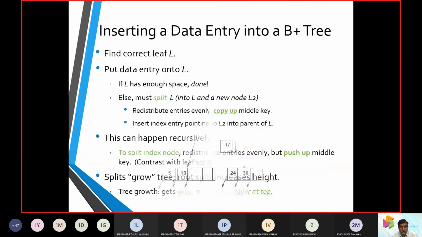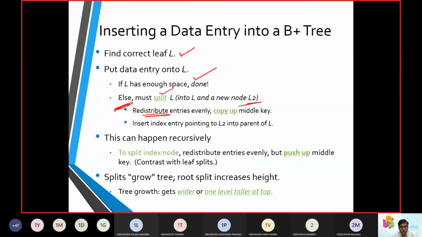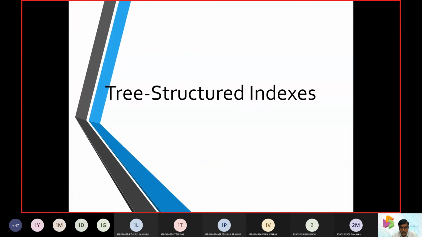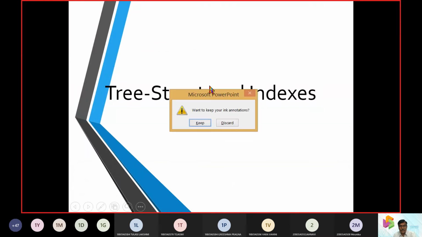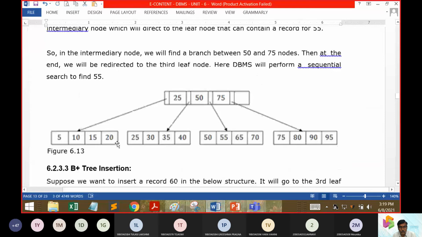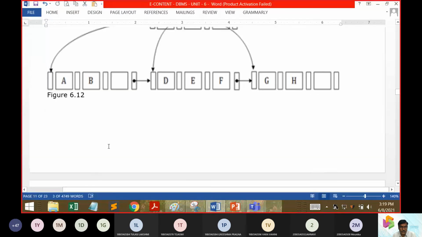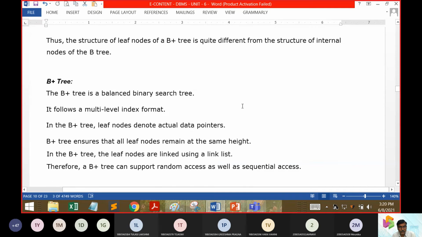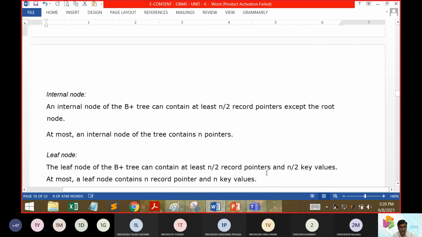As a whole, we talked about the B plus tree. There are constraints which were not eliminated in the ISAM. It supports both random access and sequential access. Second, a node is going to have both entries, the data entry and the pointer entry. Third, it is organized in a binary search model. And fourth, it supports both random access and sequential access.